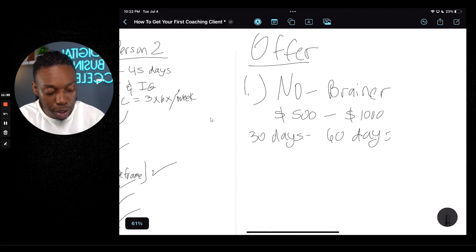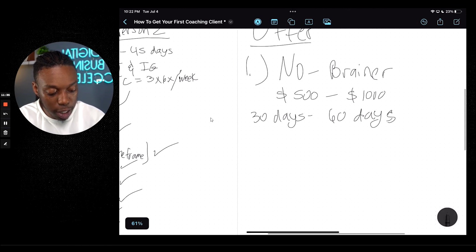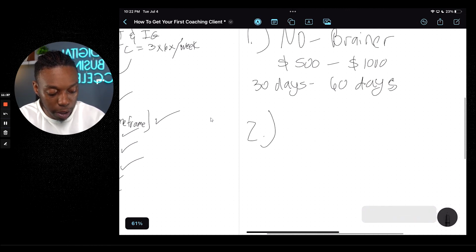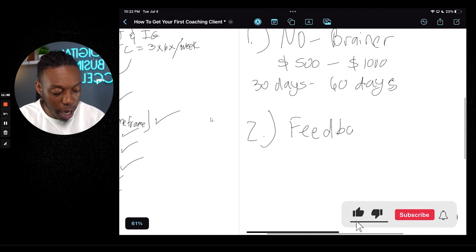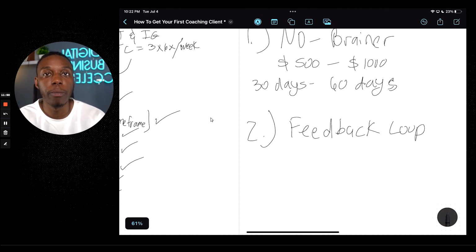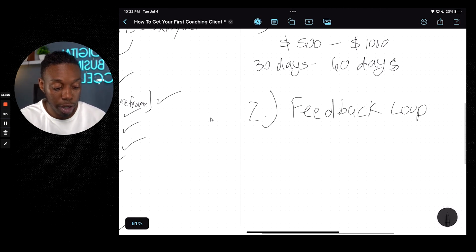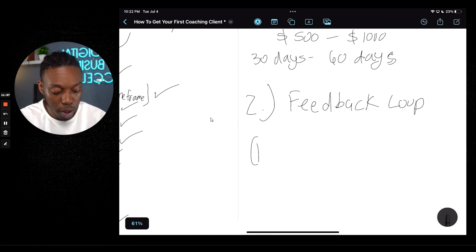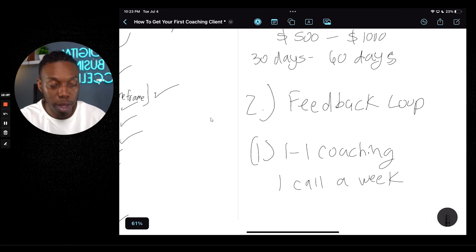And in this stage, you're really focusing on the next part of a good offer, which is feedback looping. Right? You're trying to get as much feedback as possible from the market space, from the people on the call that you're speaking to, and just seeing where your foundation is. What are people receptive to? What is selling them into your program? Because the honest truth here is you're going to want to do some type of one-to-one coaching to get started. It would look like one call a week, and you're working with the client to get them the best results as fast as possible.